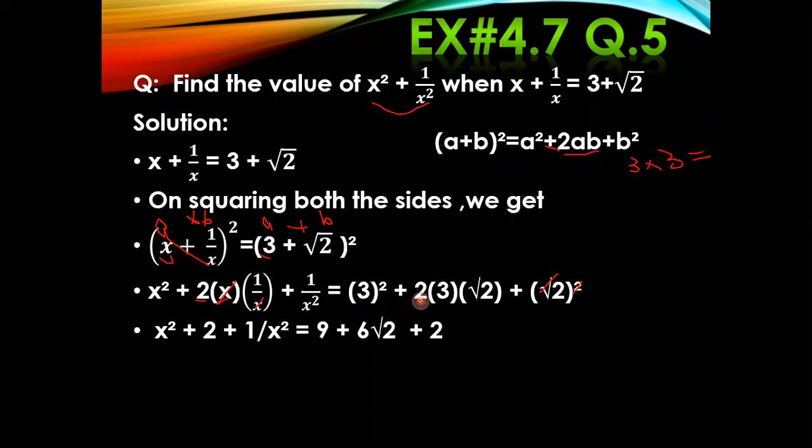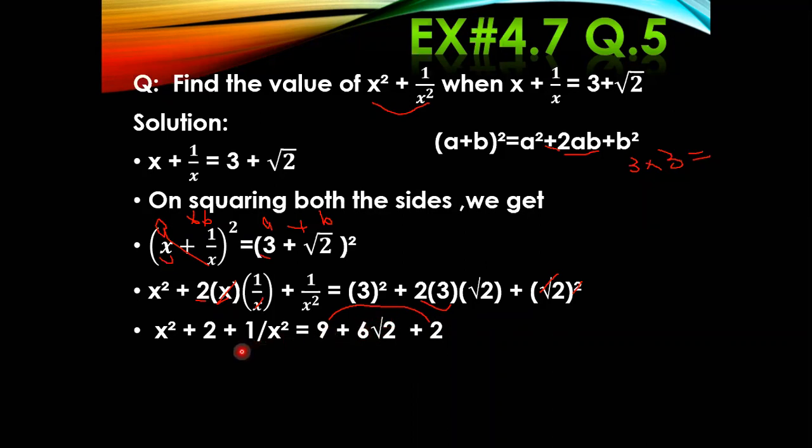Then you are going to multiply this 2 by 3, so it will become 6 under root 2, copy it as it is, and what will be left here? Only 2. Now as you can see here, this is one single term, so you are not going to add 9 plus 6. Instead, you are going to add this 9 and this 2. You are not going to add 9 plus 6 because this 6 is with this under root, so you are not going to touch this term. Okay, this is one single term, understand?